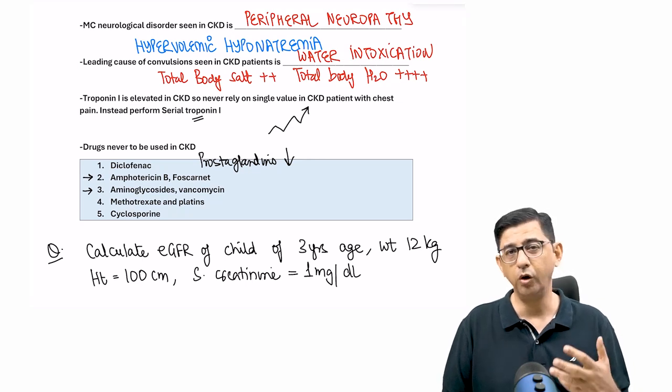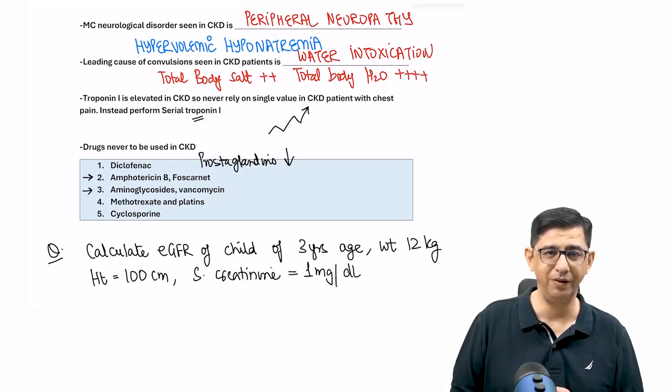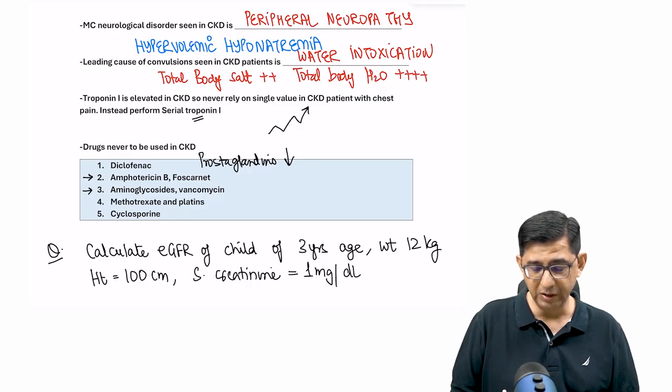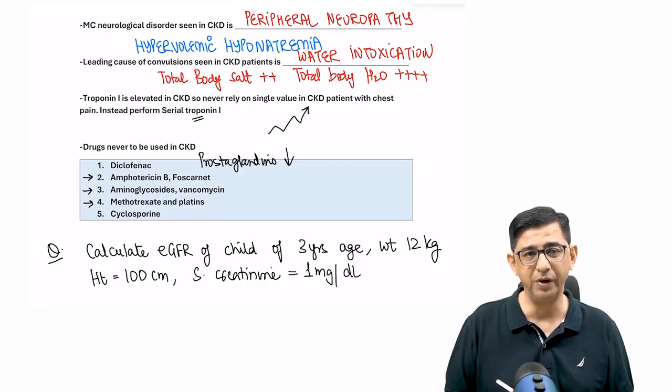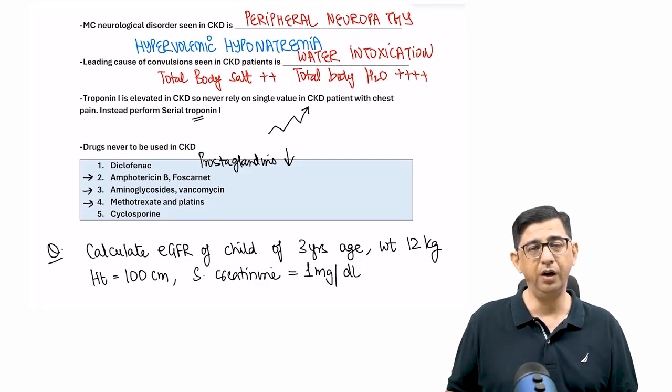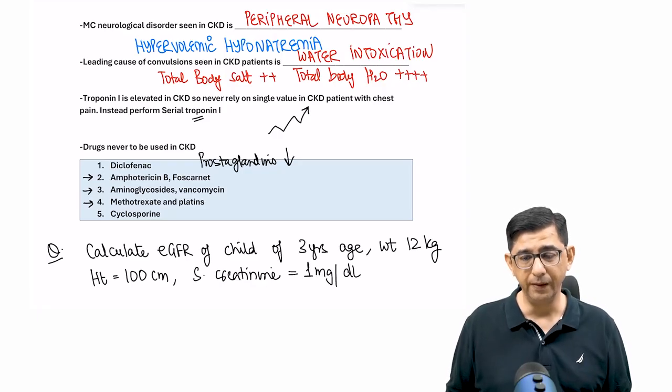Aminoglycosides cause non-oliguric renal failure. I'll teach you the meaning of that. Very interesting term, non-oliguric renal failure. Then there are anti-cancer drugs. So I mentioned antibiotics, antifungal, anti-cancer drugs: methotrexate and platins, that is cisplatin, carboplatin, and cyclosporin. They are drugs never ever to be used in CKD because they can cause further decrease in the kidney